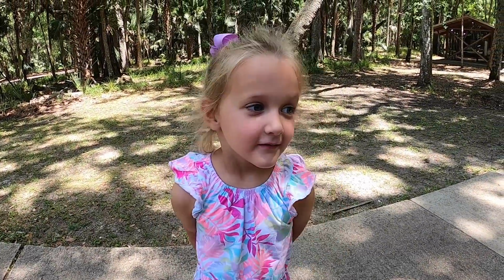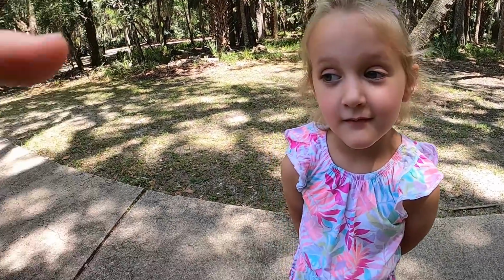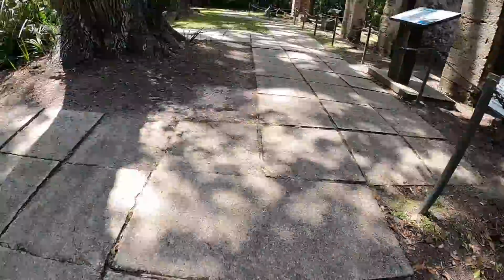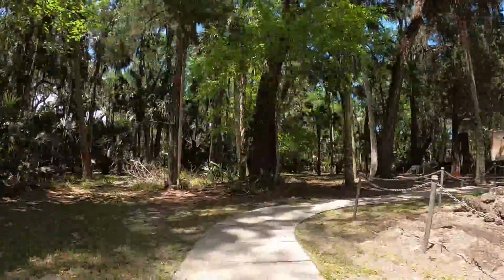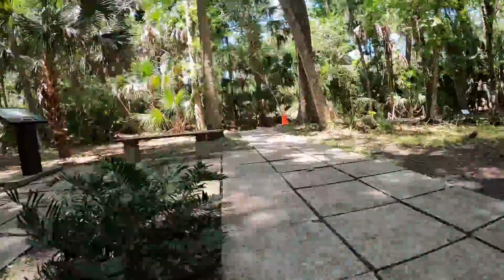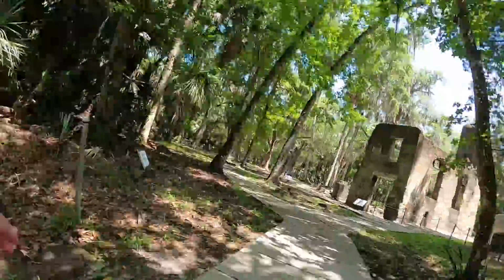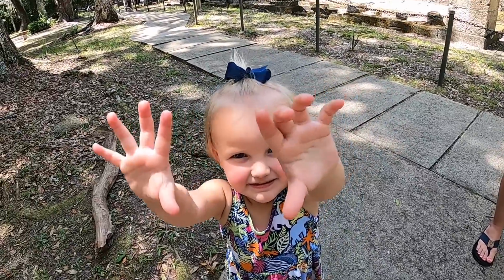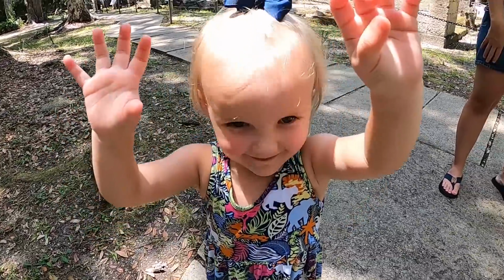Hey, Ashlynn. Yes. Do you want to take the camera and show everybody the park? Yes. Here you go. I just start walking. Kayla, do you want to hold the camera? Do you want to hold it? All right, you want to walk with it? I have to come follow you. Go to the truck. I think our fingers might be over the...